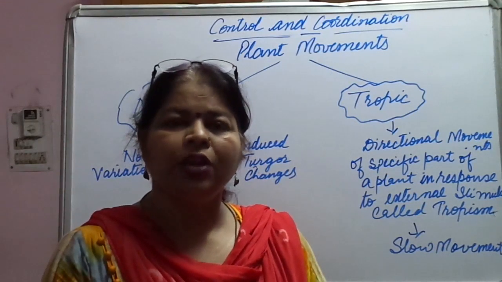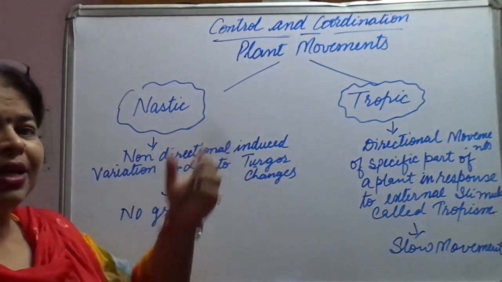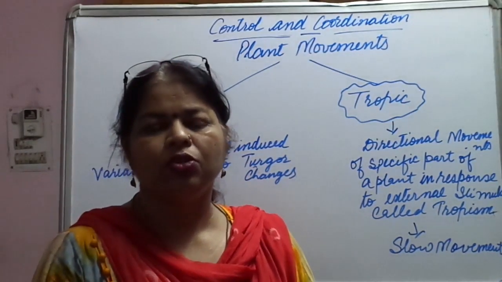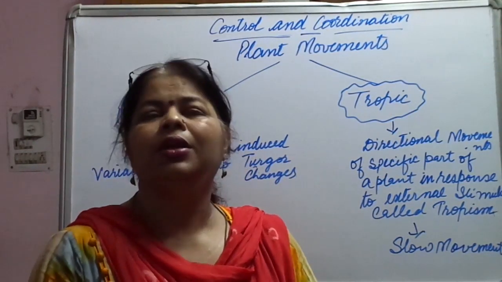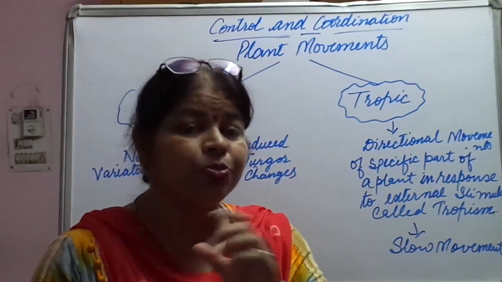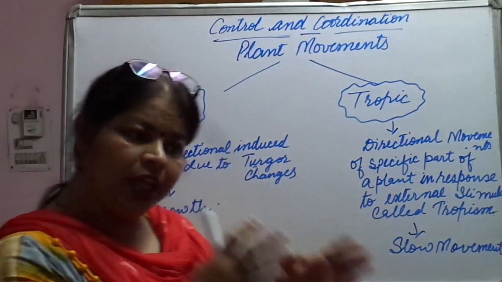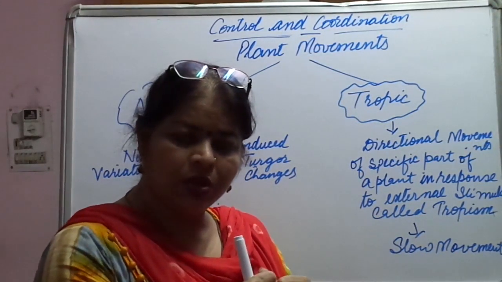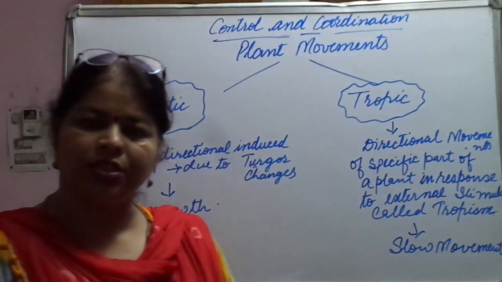Okay. So we are talking about the nastic movements, and nastic movements are caused due to turgor changes. Okay. So the turgidity in the plant changes. Like we are talking about the plant. Which plant? The plant touch me not. See, if you have experienced, when you touch the leaves of the plant, they droop down, they curl inside. Why is it so? Because of the turgor changes.